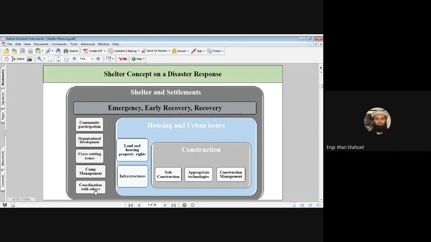Then coordination with others, this is also very important. As we said, coordination inside the organizations, or organizational development, is very important. But also the coordination with other departments and with other organizations, because maybe you have seen in the 2010 flood or in the 2005 earthquake, everybody was supplying old clothes. We have discussed this in our class. Or they were providing water bottles to these hilly areas. And there was no need of these bottles of water and these old clothes.